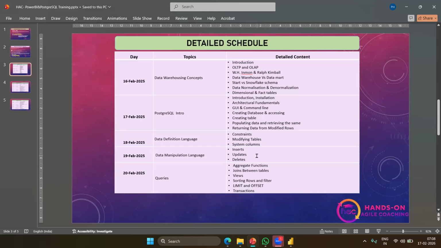Normally if you take Microsoft, Oracle or any other database, we get a trial version, and if you really want to explore more things, definitely we need to pay for it. Whereas PostgreSQL is completely free of cost. It's open source, and we can use all the features to the full extent.